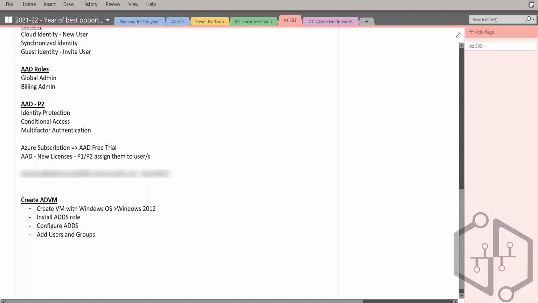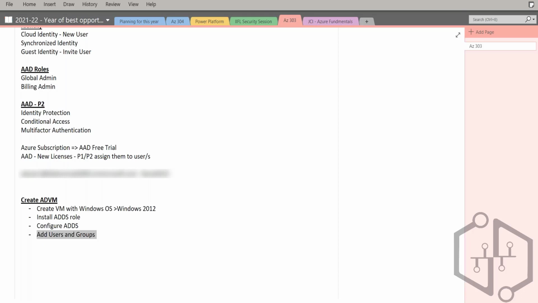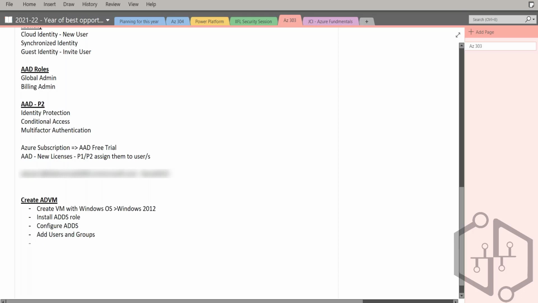Mentioning the steps over here: creation of the Active Directory virtual machine. So as part of your VM creation, we are done. We have gone ahead, installed the Active Directory role, configured the Active Directory domain service, and created a new domain name that we want, which is contoso.com. Then we went ahead with the addition of users and groups. Now, once we're done with this, let's go to the next step over here, which is